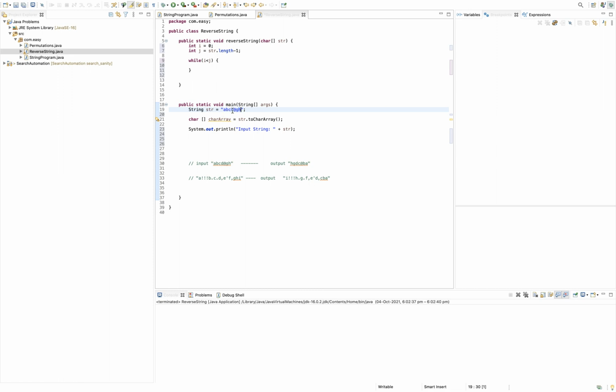So we are going to swap the elements if it is an alphabet at both indexes. Now, if it finds a special character at the 0th index, it will just increment i. Same goes for j. If it finds a special character at the jth index, it will just decrement j.